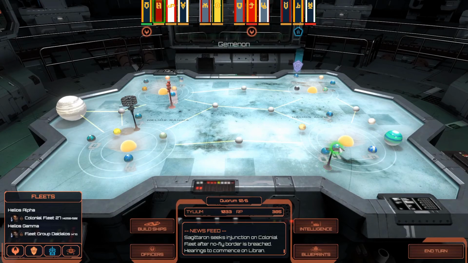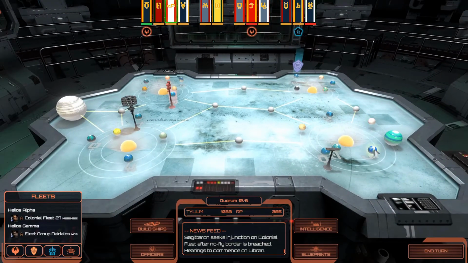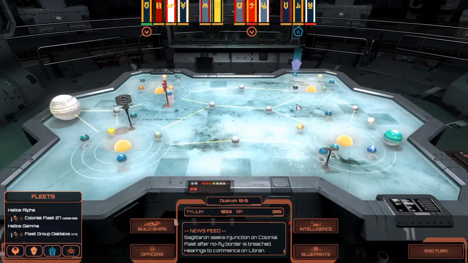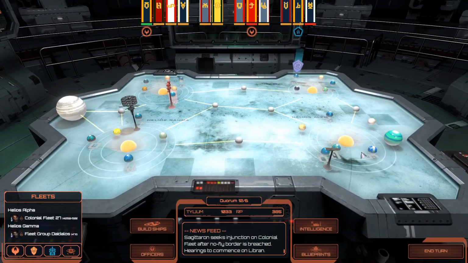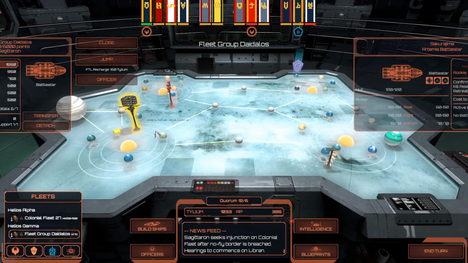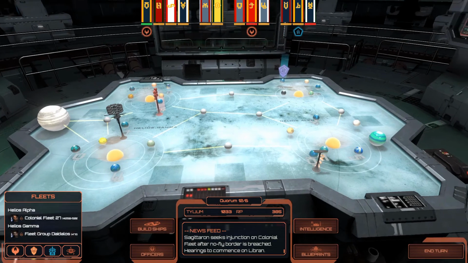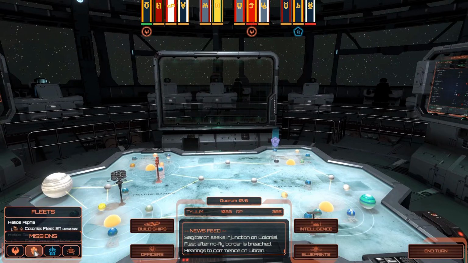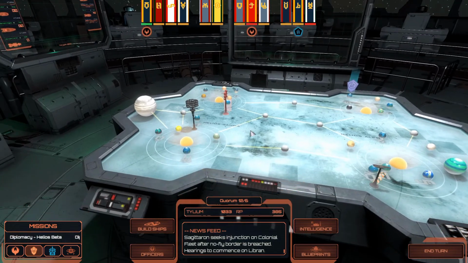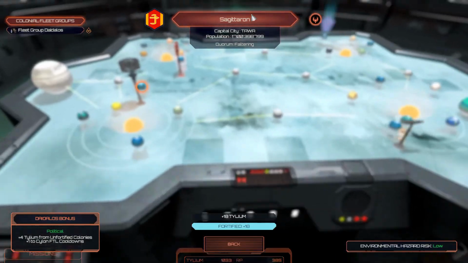Wait, before we actually jump, let's check all those colonies. You have 11 Tillium, you have 15 Tillium, and you give me 14 Tillium. So let's send it to Geminon. Okay, jump to Geminon, confirm jump. Wait, we'd have to recharge our FTLs by 160, and we don't even have a next mission yet. Brilliant. Okay, so we're just going to stay here and wait a second and